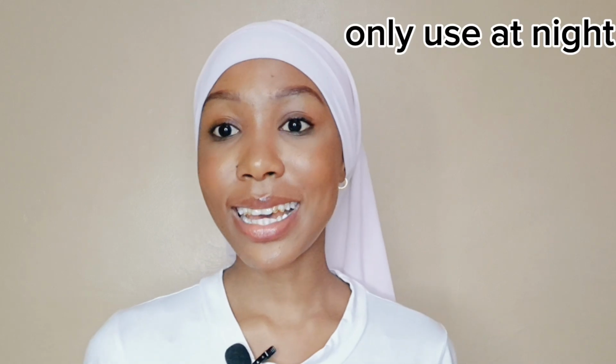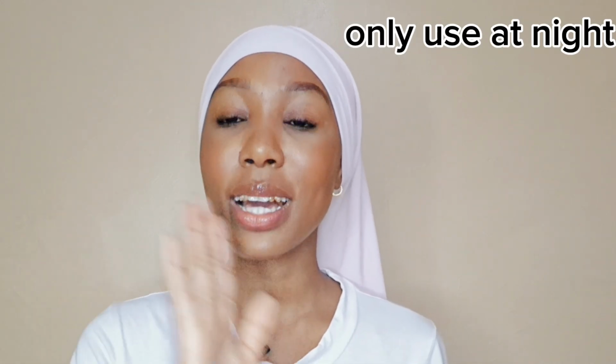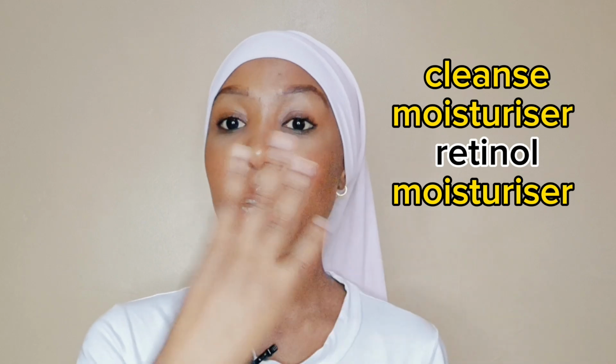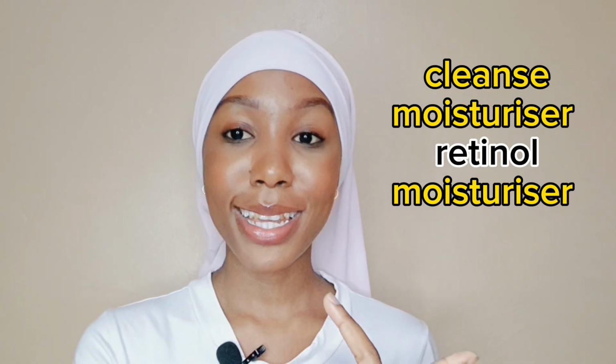This concentration, 2.5%, is very high. So I usually recommend it for people who are 40, 50, or 60 years old and want to look younger and more youthful. Use this one with 2.5%. How you use this product is quite similar. Again, only use it at night, twice a week or thrice a week. Just cleanse your skin, apply moisturizer, take this serum, apply a few drops,